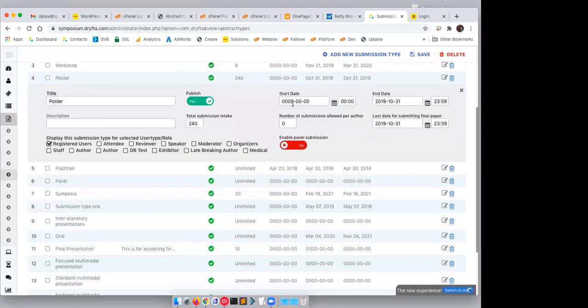you can set the start date and end date. So apart from having a global start date and end date, you can also have a start date and end date for each submission type. So let's say if you have a poster submission type and you only want to have up to 50 posters to be submitted, you can put in 50 here. And once that number is reached, once you have that many posters, the system would stop displaying this submission type